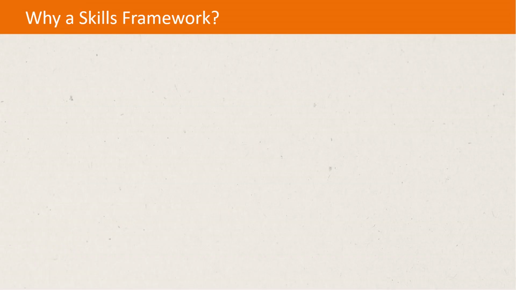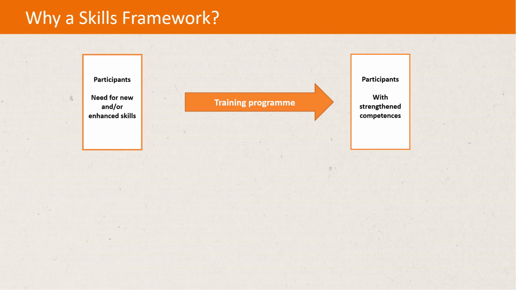When we have a training program, the aim is really to be able to strengthen the skills of the participants, of the target audience. So all the activities proposed in the training must enable the participant to acquire or strengthen one or more skills, skills that will be useful in their day-to-day work. So to draw up a training program, we need to know what skills need to be reinforced during the session.